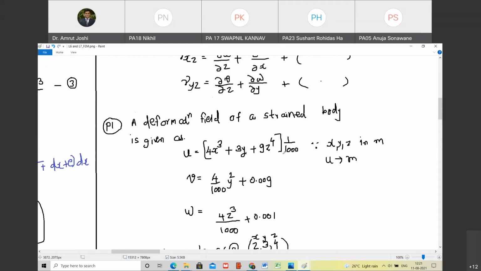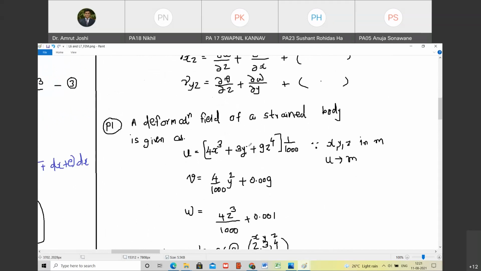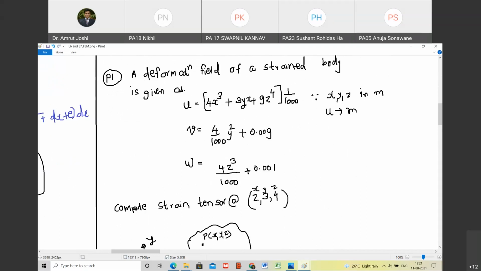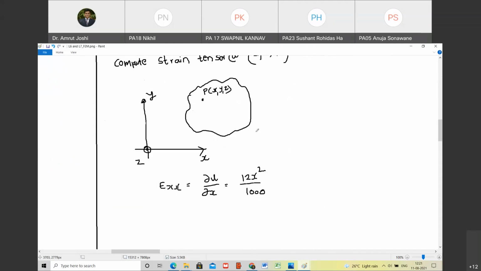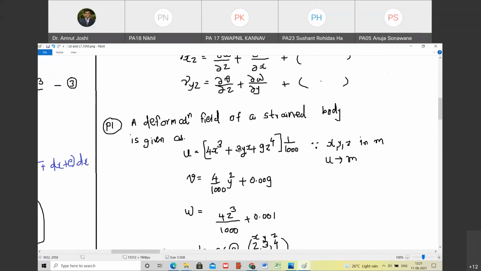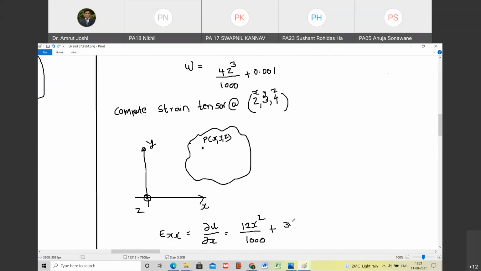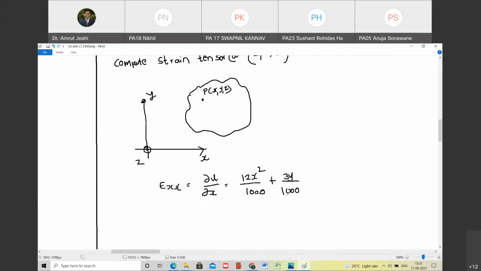Yes, sir. Okay, let's add a twist in this. I will define this problem as plus 3yx. अब क्या आएगा बताओ जरा मुझे. When I do dou u by dou x, what do I get now? Plus 3y भी तो रहेगा. Do you agree with me? Yes, sir. 3y by 1000. Happy? Yes, sir.